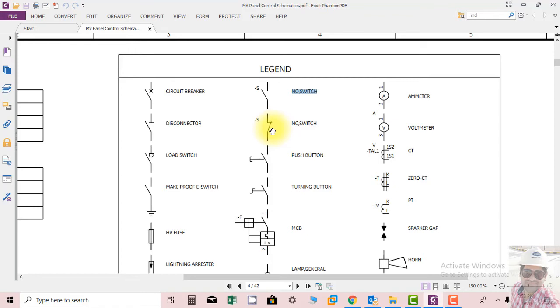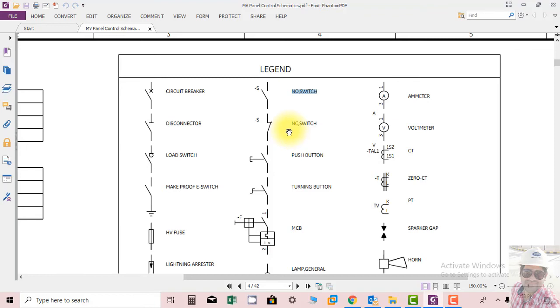So if you want to understand the basic concept of these symbols on the basics of drawings, you can go to my trainings related to Engineering Drawing 1 and 2. These are for very basics. So if you are having difficulty, you can always enroll in these two trainings of mine.